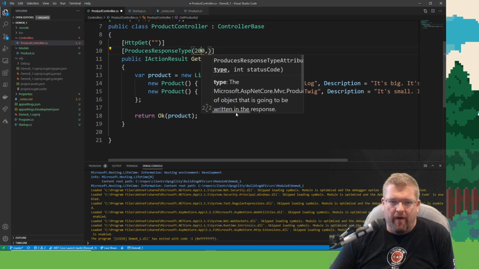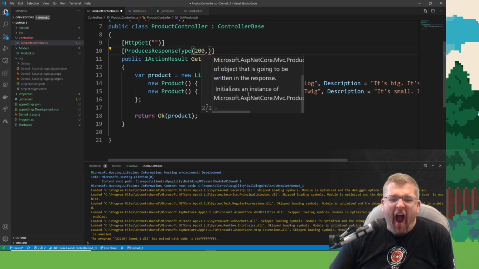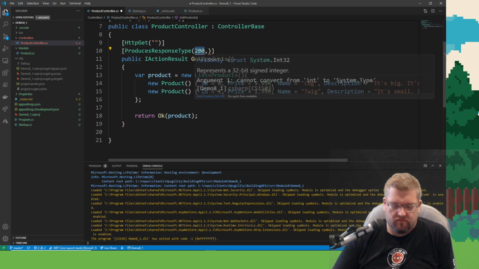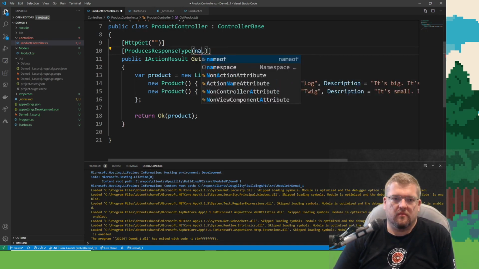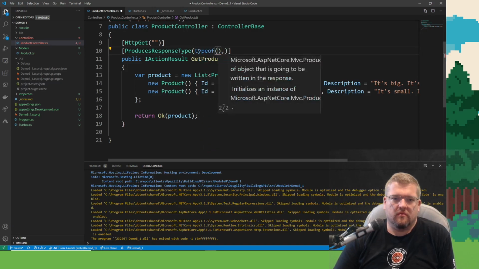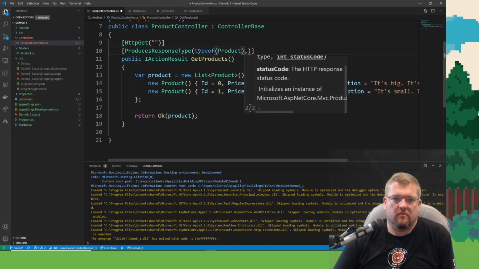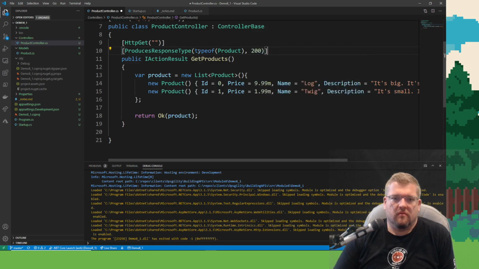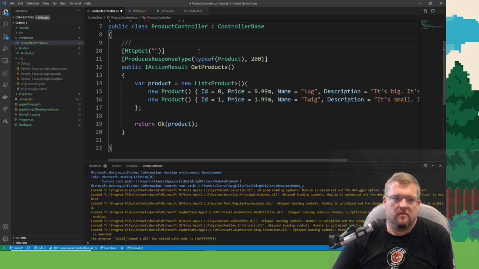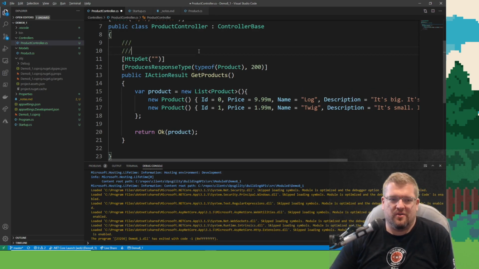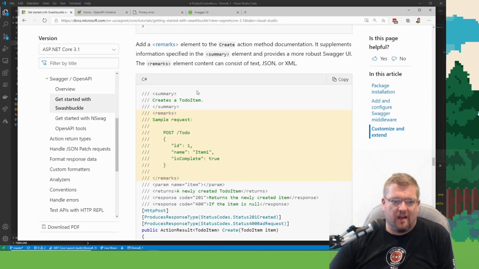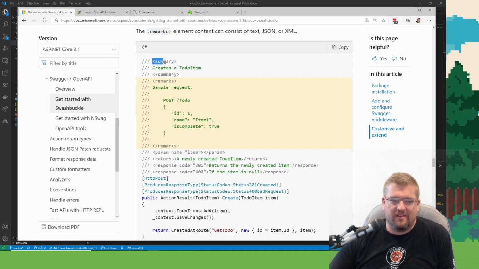The type, okay. All right. So this doesn't auto-generate all the XML.